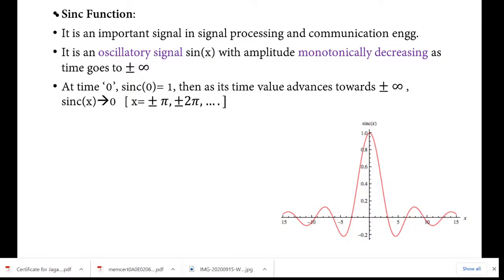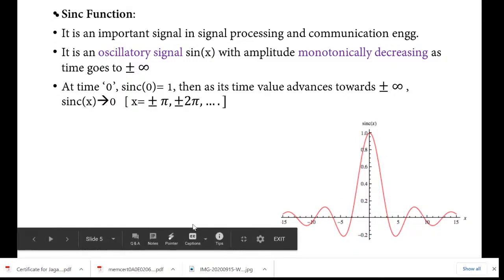Sinc function is an important function from any signal processing or communication engineering perspective. It's an oscillatory signal as mentioned here, and the Sinc function is sketched here. So I open the pointer here to show you in more detail. The Sinc function is represented here. If you observe, it is symmetric on the left hand side as well as on the right hand side. So it is symmetric with respect to this axis. So this is an even function,